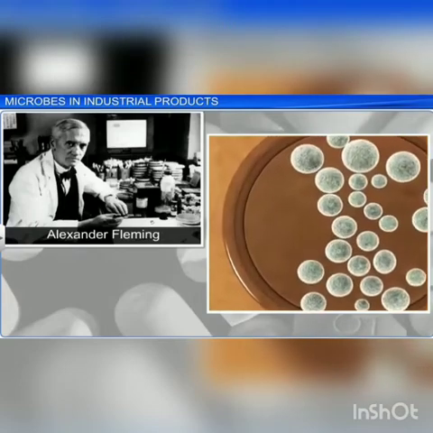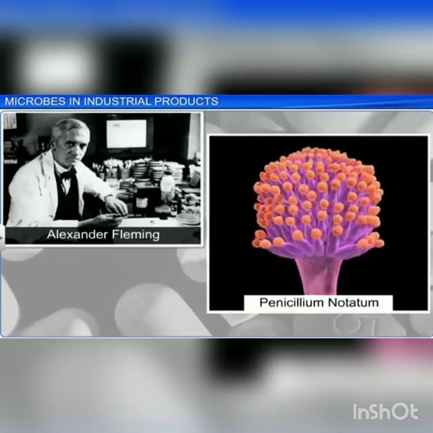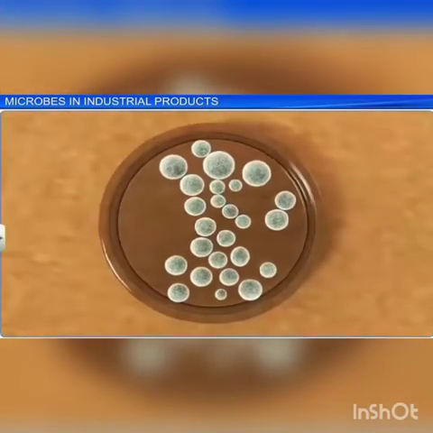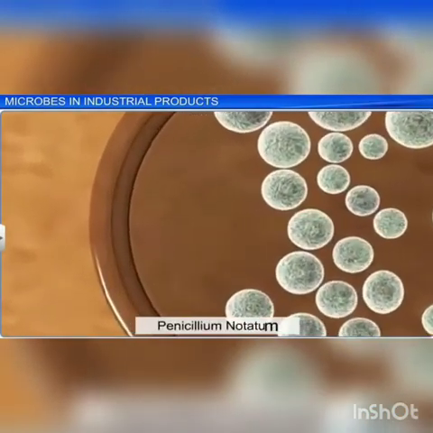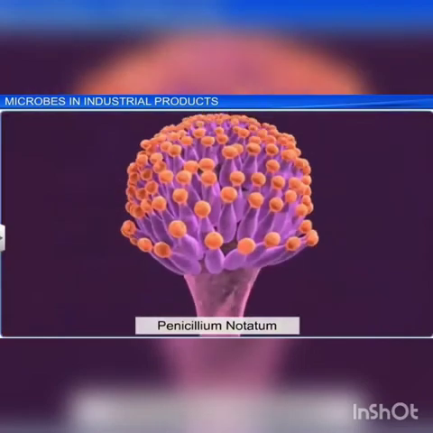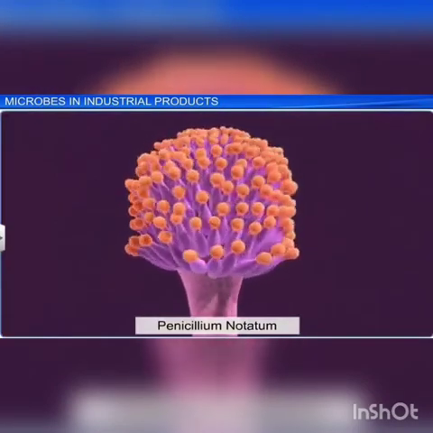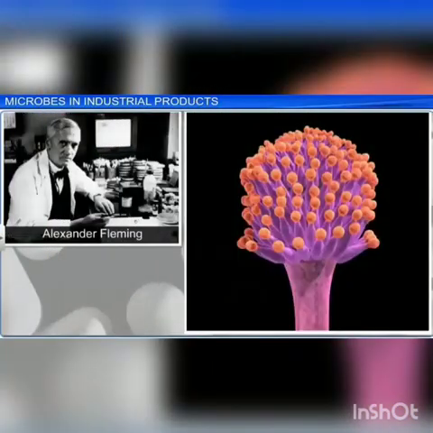He found that it was due to the chemical produced by the mold and he named it penicillin, which was the first antibiotic discovered by Alexander Fleming in the year 1926. Penicillin is produced by the fungi Penicillium notatum and Penicillium chrysogenum. It is bactericidal. Bactericidal means the antibiotic kills the bacteria in action and inhibits the synthesis of bacterial